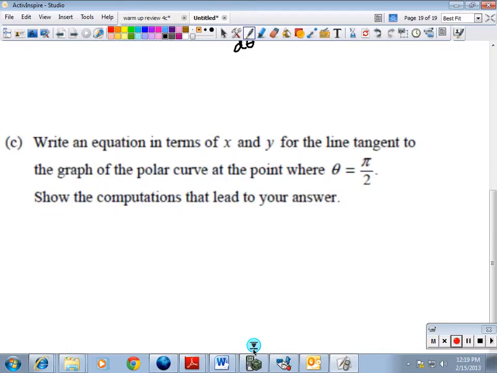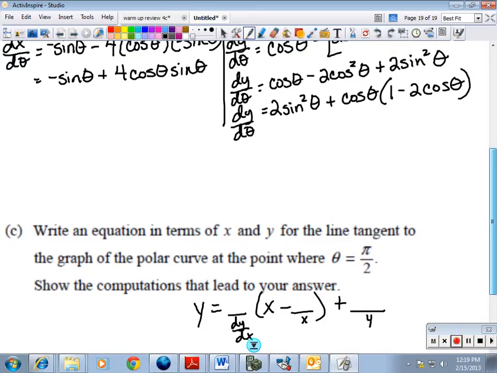It said write an equation in terms of x and y for the tangent line. A tangent line is a tangent line is a tangent line. You do it the same way. Okay, this is going to be our dy dx. This is going to be our x, and this is going to be our y. Well, dy dx is going to be, this is dx d theta. This is dy d theta here. So dy dx would be dy d theta